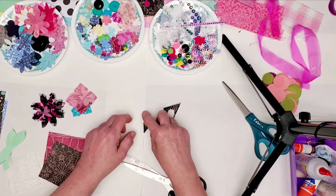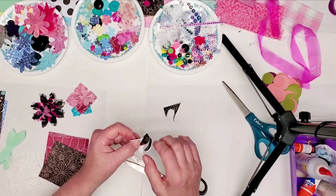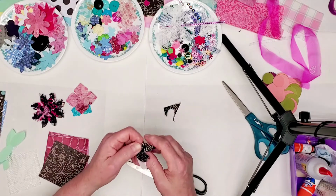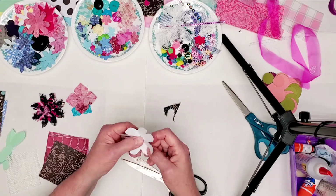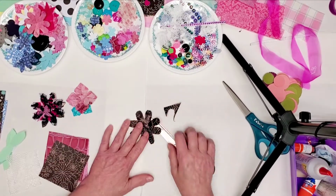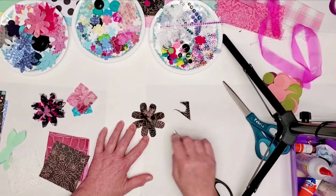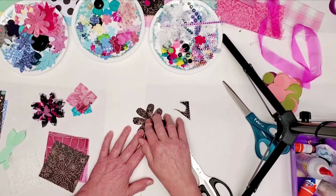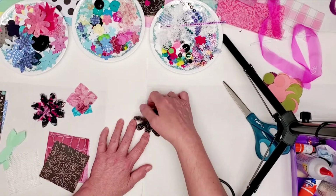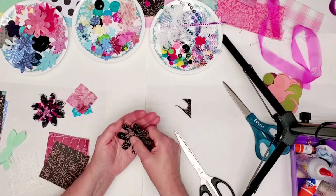It's not perfect. It's all kind of lopsided a little bit, but you know what? It's good. If my hands weren't as shaky, it'd be a lot smoother cutting. Or if my scissors were sharper. I'm using my old beat up glue infested scissors. And when you open it up, that's what you got. I think that's pretty cool. And I'm using this black and gold paper, so it's easier for you to see against the white. But it's not perfectly round,